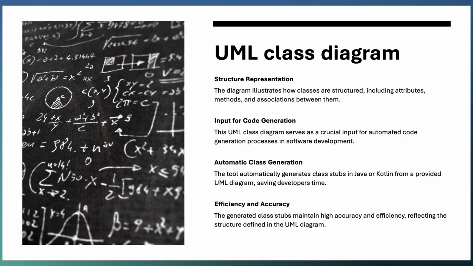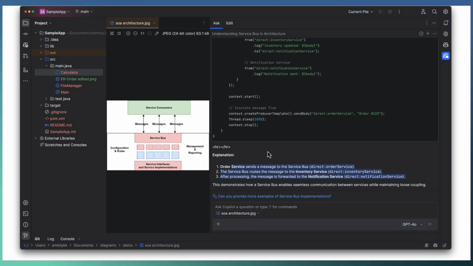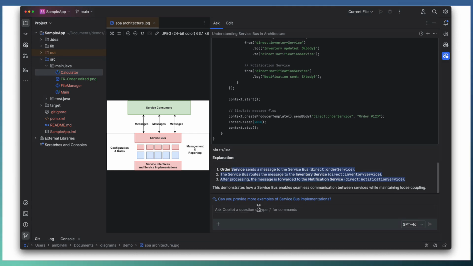They define the granular class components which can be reused, or which are aligned to the OOPS concepts. So how can we use a class diagram to quickly create the class stubs, or the basic structure of a Java class out of that? Obviously, the class diagrams will have minimum information and may not have detailed implementation level details. So let us see how we can use a class diagram to get the details.